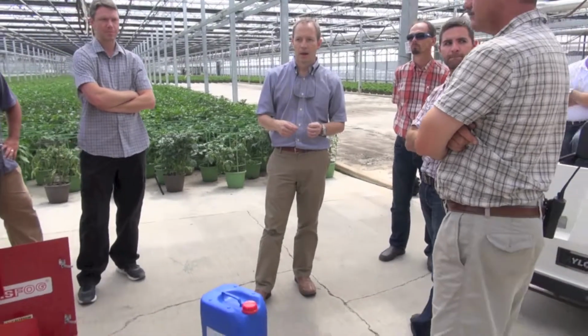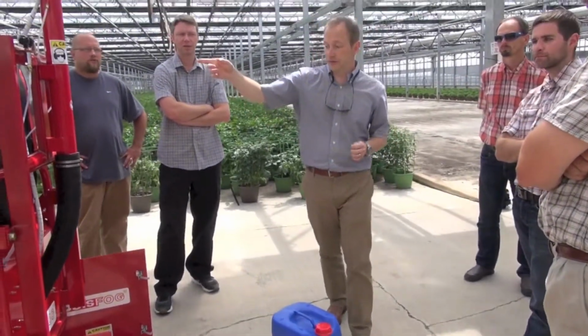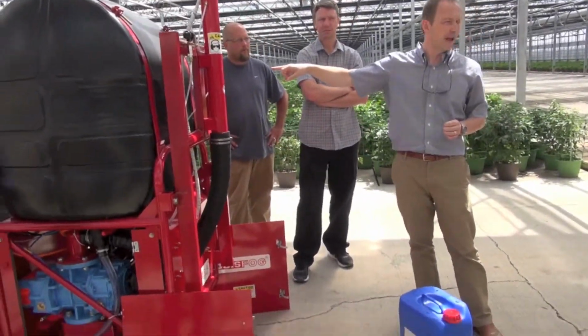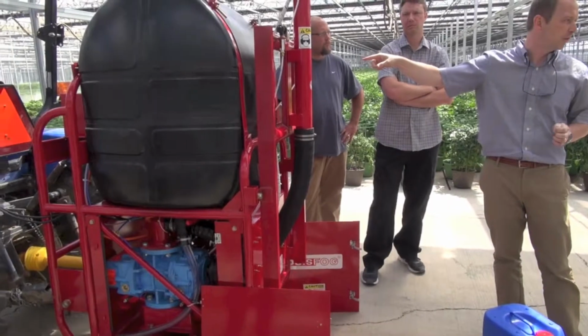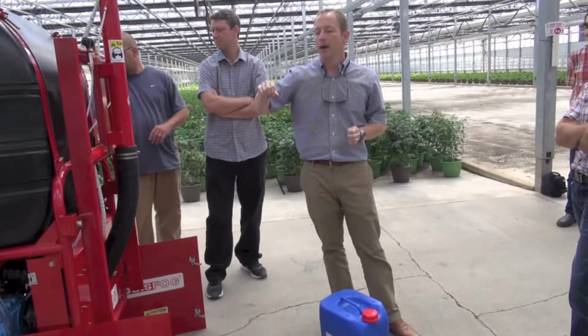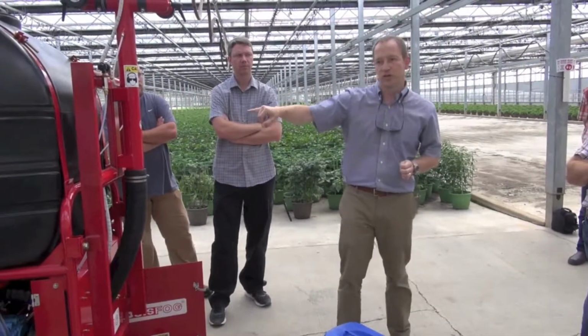Okay? Also the running speed and the pressure gauges. I told you guys, we don't have an RPM indicator or tachometer on here. It's showing you how fast the PTO shaft is running. We have one for the tractor, but not for the PTO. No more than 540 RPM on this, which is basically,